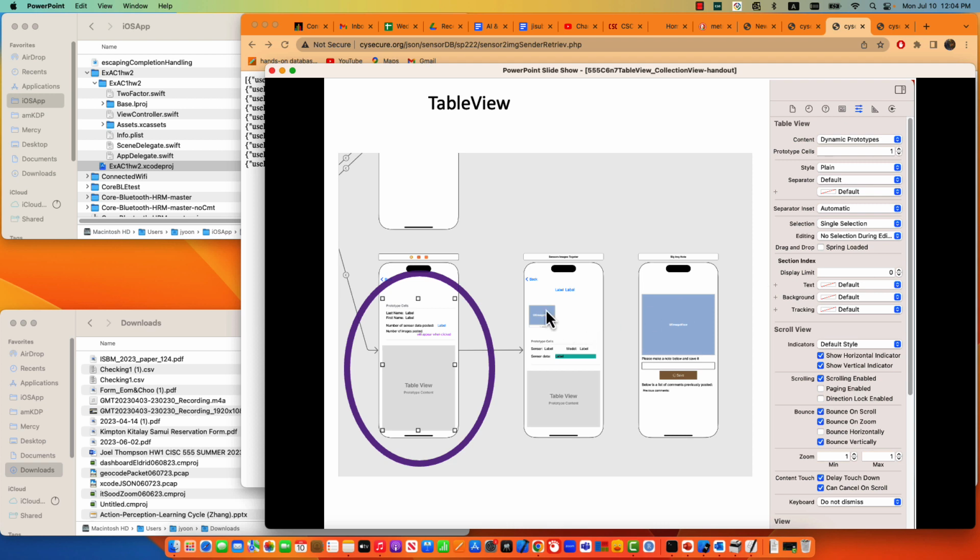So this is a table view. Table views need to be defined. See here, there's a table view, and this is a cell. Inside that is a cell. So for the table view itself, if you click this, this is the attribute inspector, but there's not much that you need to change. Anyway, this is the utility pane from your